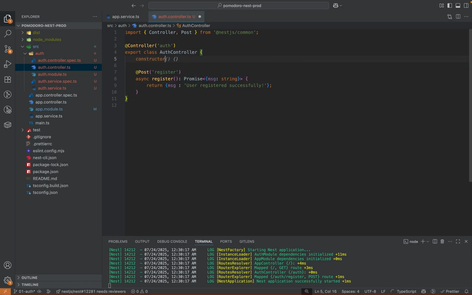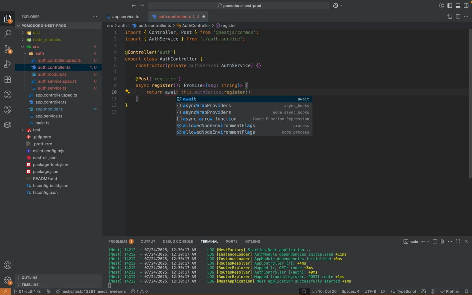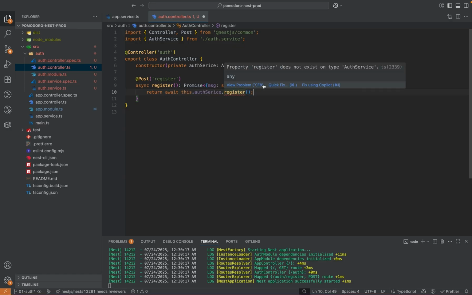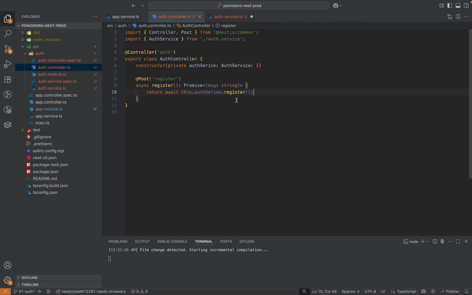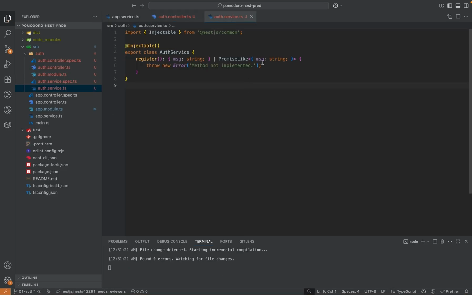Here you're gonna learn how to do dependency injection in Nest.js. I'm gonna inject the instance of the auth service. Let's call that method. I can say this dot auth service dot register. We don't have that method. Let's create that. It's gonna create the auth service register method in the auth service